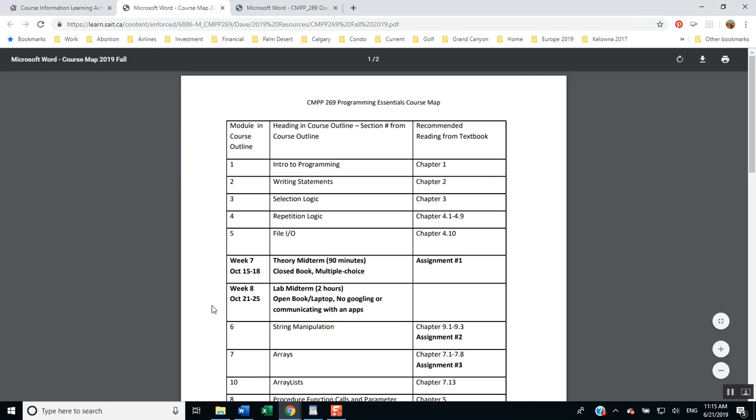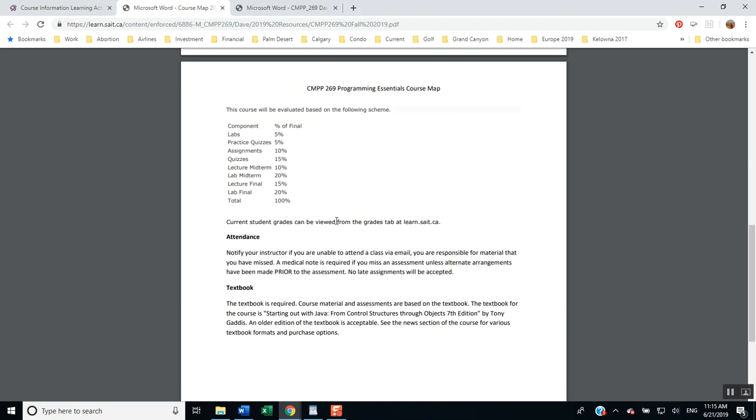The course map is very helpful. It explains what needs to be done when. So it's a course schedule. I print this and give this to the students. And you can see the dates have been adjusted for fall 2019 already. You'll notice it's a little more generic. I used to have information about myself on here. Now that information is removed. So you should just be able to use this as is.